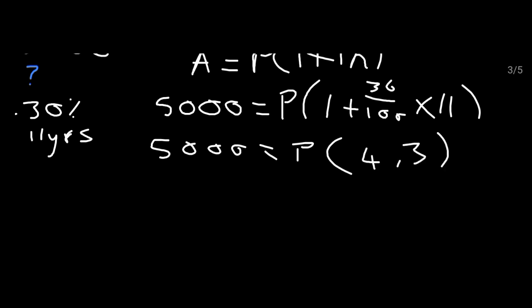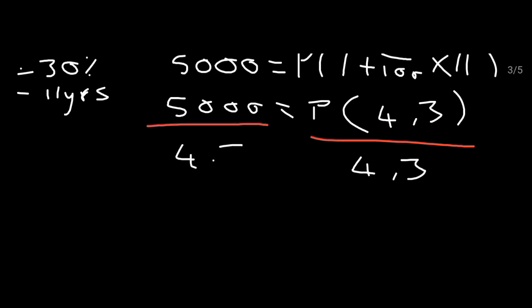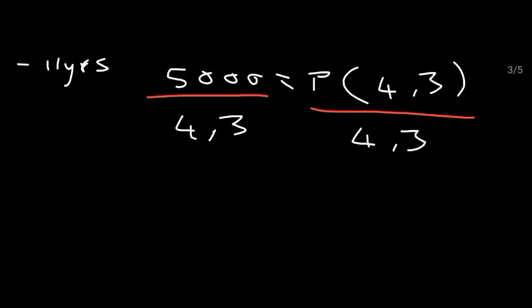You have simplified everything. For some other people it is simple: I see the 4,3 is multiplying, so I will divide by 4,3 on both sides. Then they see that this one cancels this one. So either way it's going to be correct. Then P remains on this side, and on that side 5,000 divided by 4,3 gives you the value of